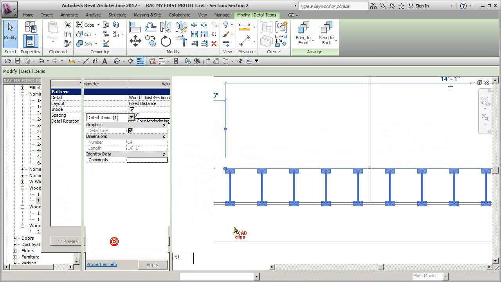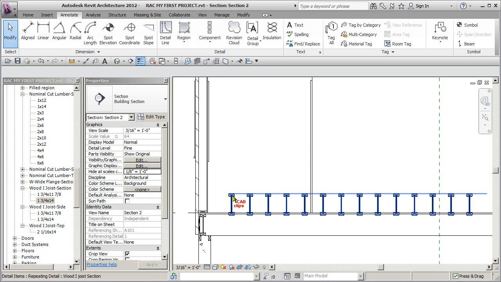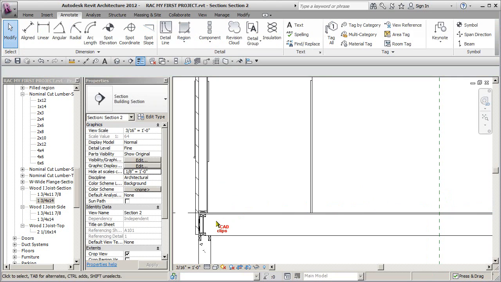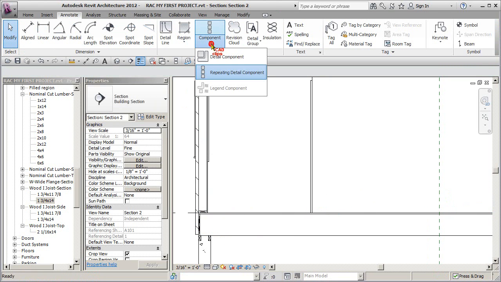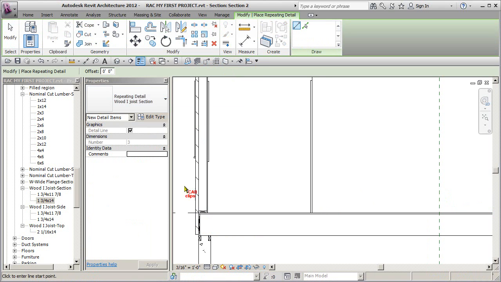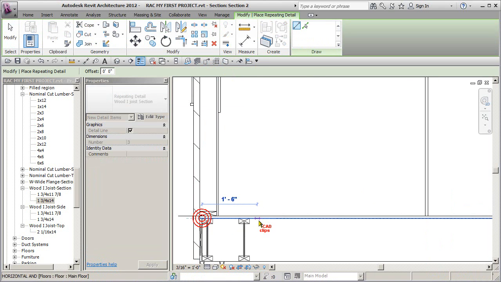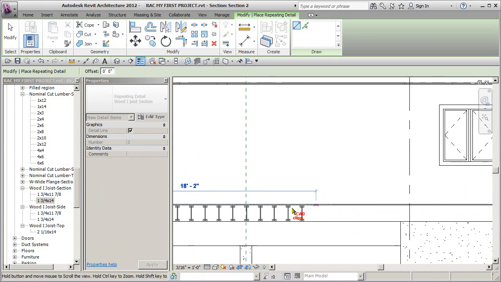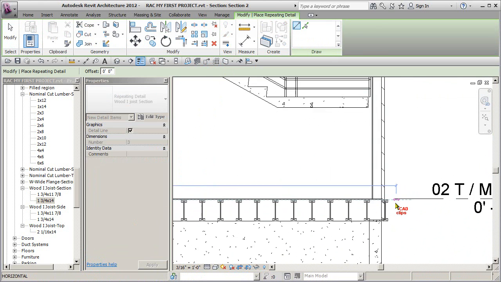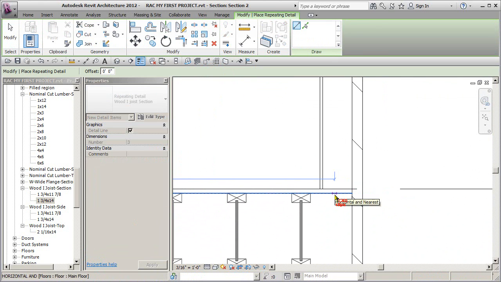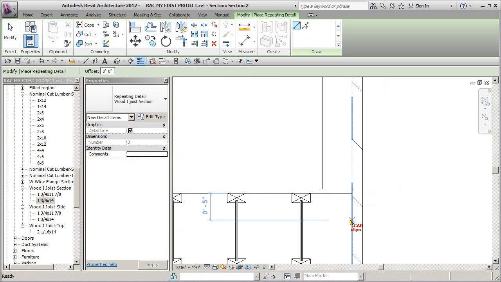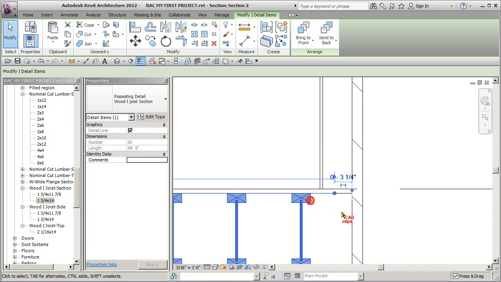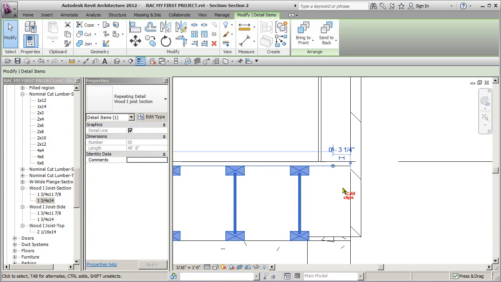So now I can take this and just delete it, and I can take this guy and delete it. So now I can go repeat detailing. I can pick that off of there, and guess what? Click on here, and all the way across to there. Escape, escape. So if you pick on here now, I might need to add one in on the end, and